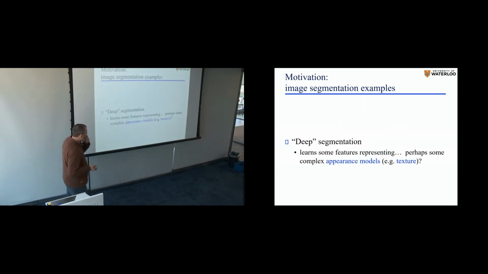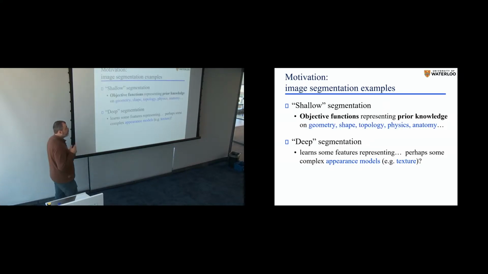My impression is that the success of deep learning in segmentation, and maybe even in object recognition, is primarily in picking up those appearance models, textures. It's a speculation. But I just want to remind you that before deep learning, people also worked on appearance models for sure. Even more so, the focus was on them because the appearance models we had were crappy in the old days.